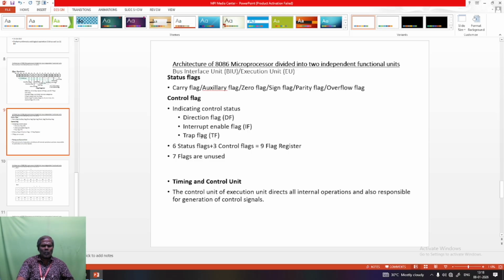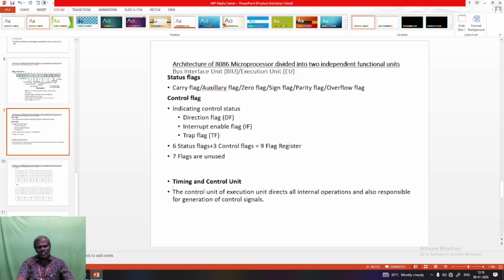Suppose you are checking a program that has 100 lines. You would need to check the 100 lines one by one. Instead of checking each line, we set the trap flag TF equal to 1 after any particular instruction, and from that instruction onward you carry out the checking operations.